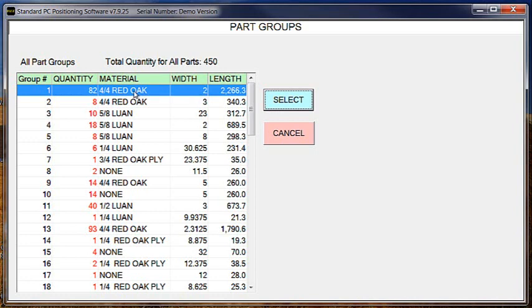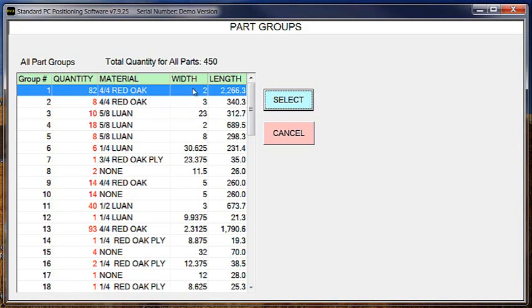initially you could just sort by material and width, for example, and you'd lump all the like material, parts with like material from multiple jobs into one group. Now that's how you're going to get the best yield, but one of those jobs may become hot and you want to get it out right away. So you could just quickly go and change the sorting to sort by material, width, and job number, and then you would have the